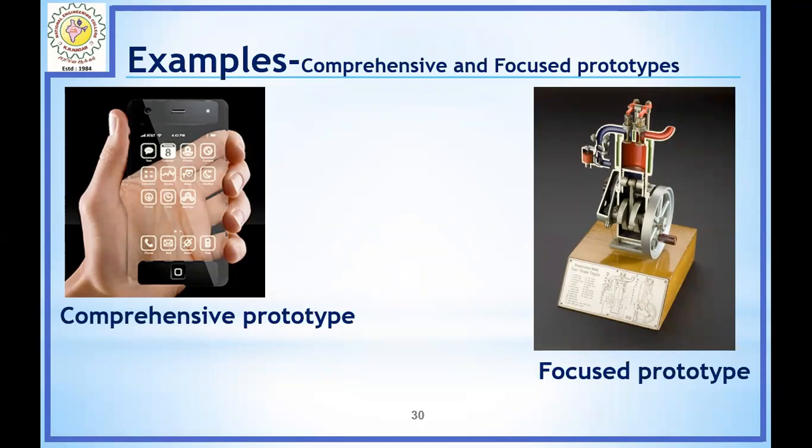So the third one is comprehensive prototype. Comprehensive prototypes are the trial pieces manufactured by the manufacturers before sending it to the customer, and they want to test the usage of the products. See, this kind of mobile phones are not in the market nowadays, but it is prepared by the manufacturers already, and they are in the trial use.